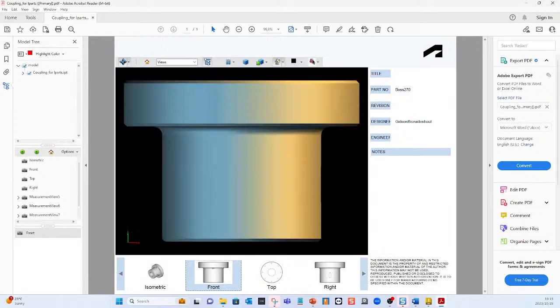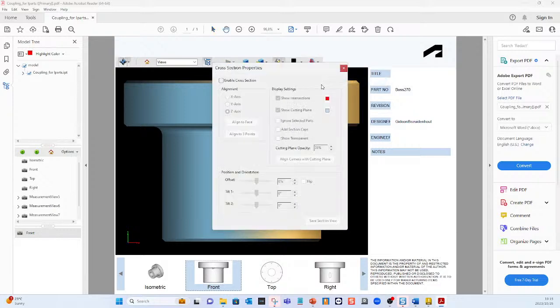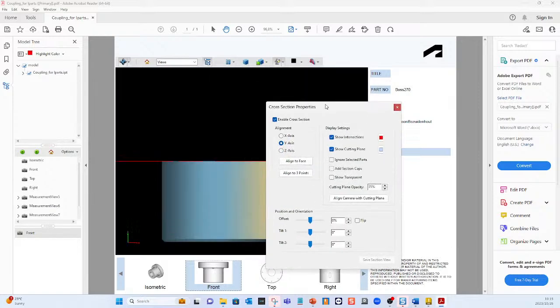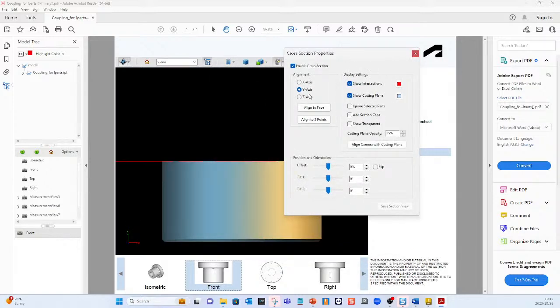Also quite a handy tool. When you click on your drop down, you'll see there's a cross section properties. Here you can actually change your different views, your different section planes. And there's quite a few options. You've got a display option where you can show your intersections, you can show your cutting plane,